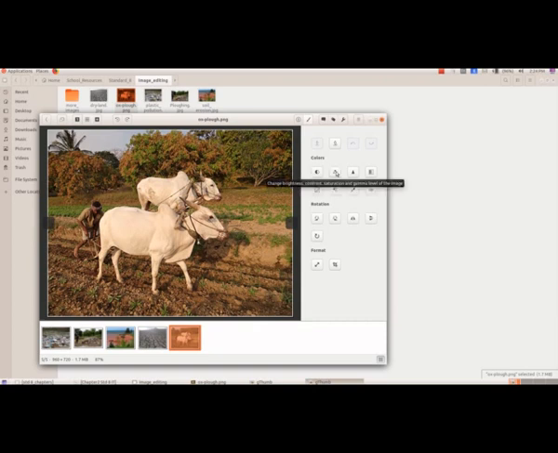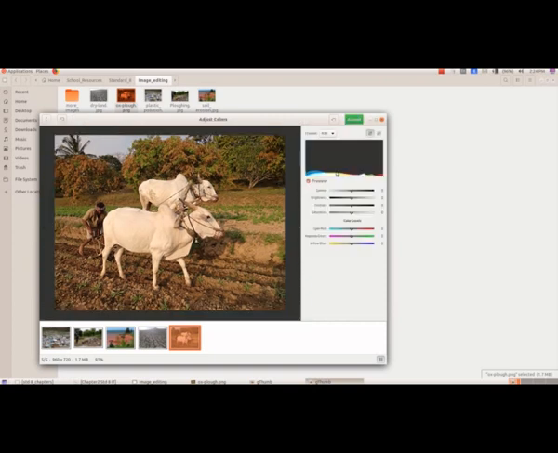So that is the first option, and now we are coming to the second option where we can change the brightness and all. So here, if we want, we can change that. We will change this and see.